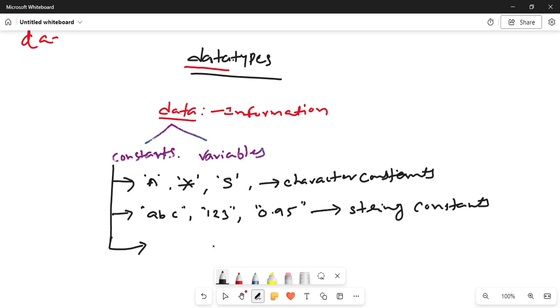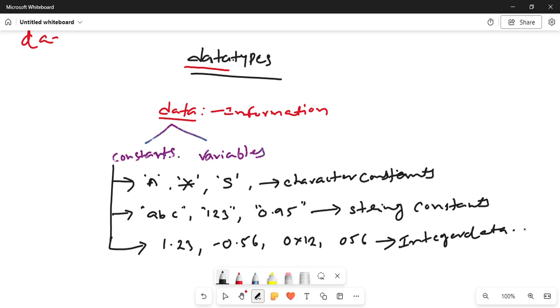Coming to 1.23, for example 0.56, x12, 0.56. These are all called integer data. So what we learned now,